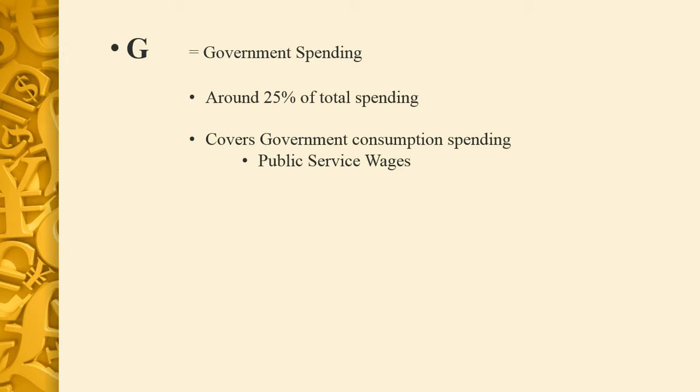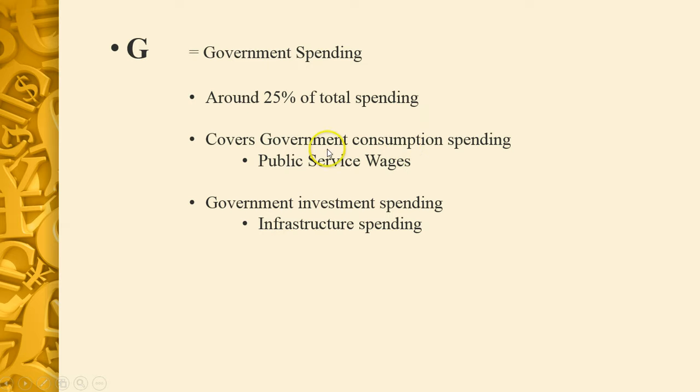G1 is public service wages, consumption spending. Remember, G1 is consumption, therefore G2 becomes investment. So it's still very similar to the C and I, so just remember those breakdowns of consumption and investment. The investment spending is our infrastructure spending, where we're buying and spending on hospitals and all sorts of things, government investments. There's government investment for the next 985 years trying to fix up the Western Ring Road, and they still won't fix it up properly. But that's what we're talking about here. So remember here is G1 and here is G2. But overall, quite often it's just a simple matter of G, government spending.